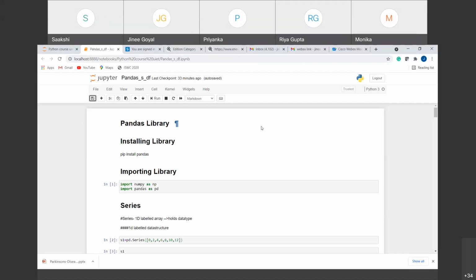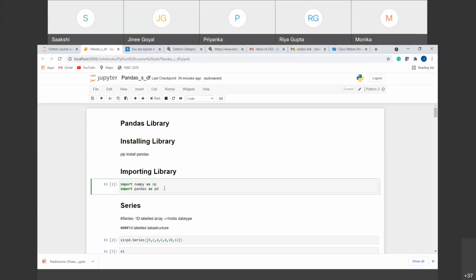So for that, if you are using the Anaconda software, you can use the pip install command. So you write pip install and the name of the library you want to install. So in our case it is pandas library, right? So if while importing the pandas library, you are getting an error that your required package is not available, in that case, you first need to install the library. So it is pip install pandas, right? So this is the command that you can use to install the library.